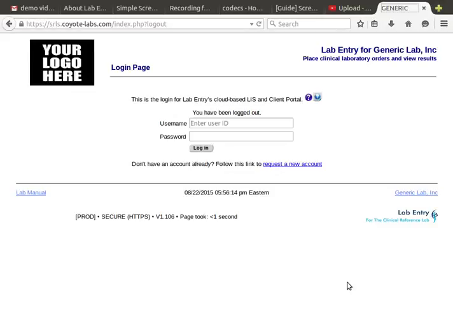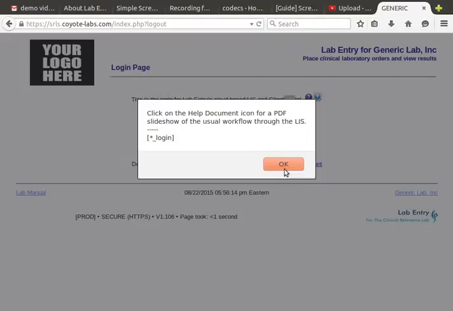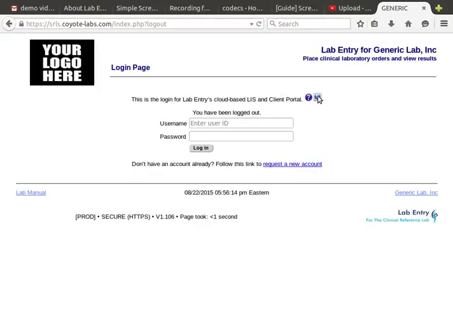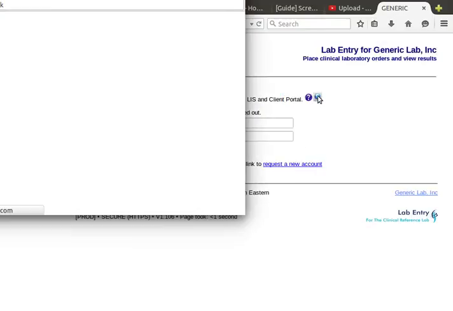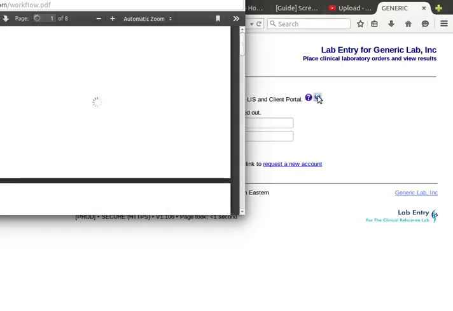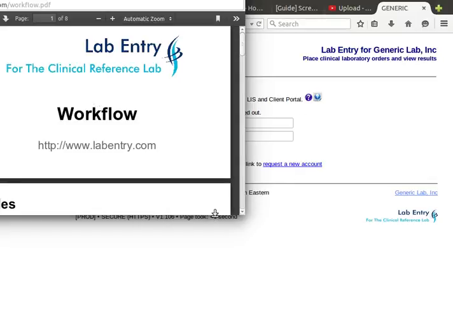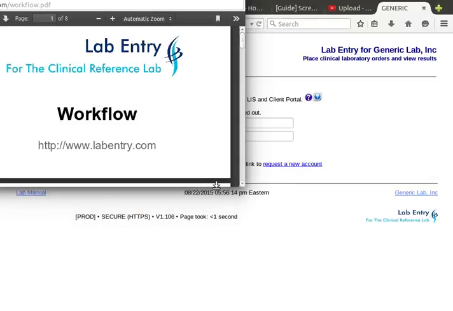This is a demonstration of entering a new order into LabEntry's cloud-based LIS. This is the main screen, the login screen for our demo system. So you'll see that there's an online help option and sometimes an online help document. In this case, the online help document is a slideshow on the workflow, which happens to be relevant here because